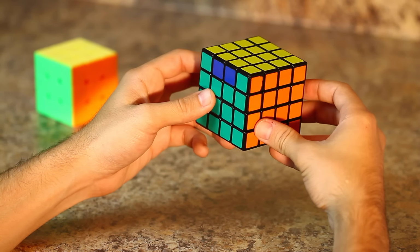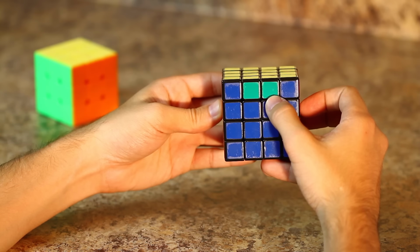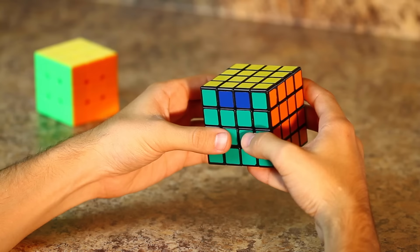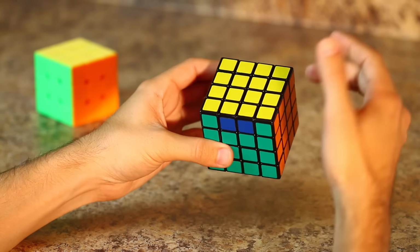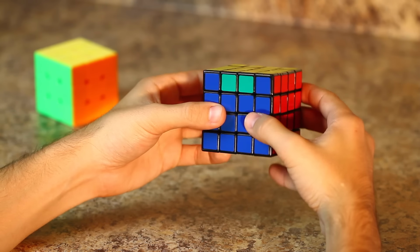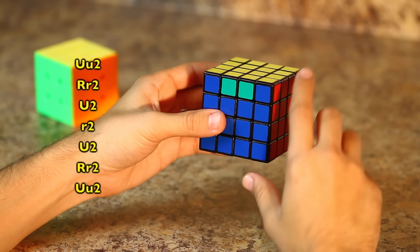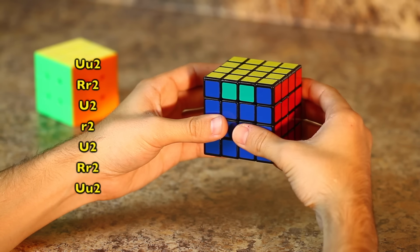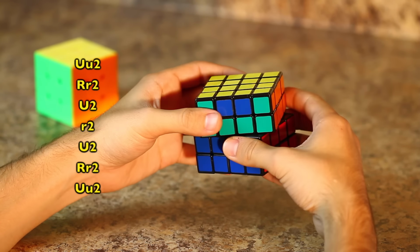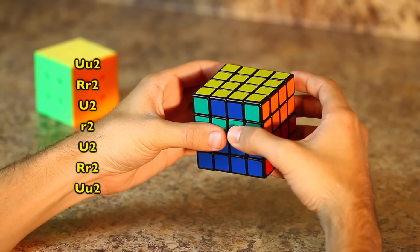Here I'm going to show you the last 2 parities you may end up with while solving your 4x4 Rubik's Revenge. This first one is where the 2 edge pieces are going to be flipped around from each other. And when you have this, you want to have the edge piece facing you and then the other one on this opposite side. Instead of like this, you want to have it like this. So go ahead and rotate it correctly, and then we want to take these 2 layers, rotate them 2 times, and then you want to take these 2 layers and rotate them 2 times,